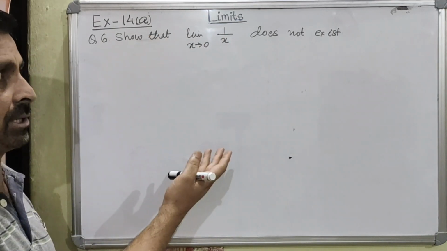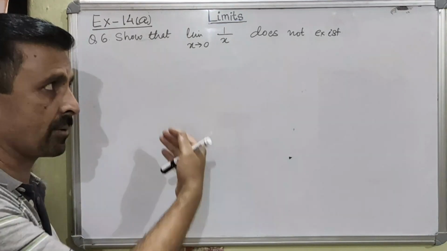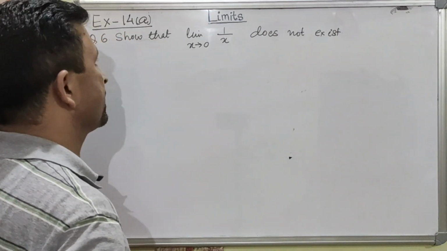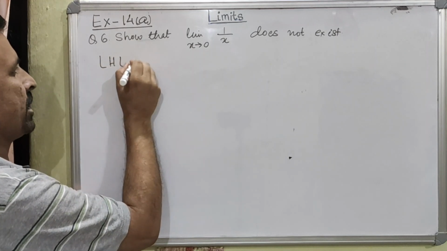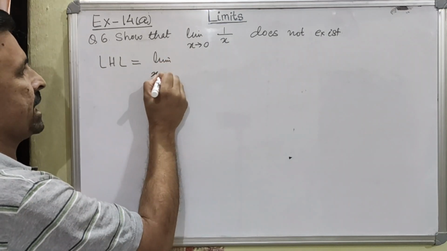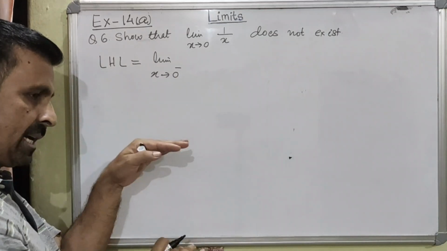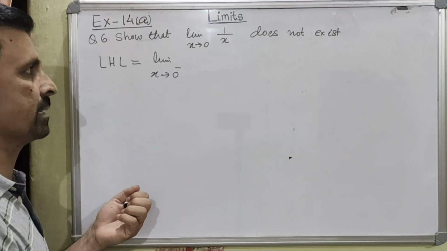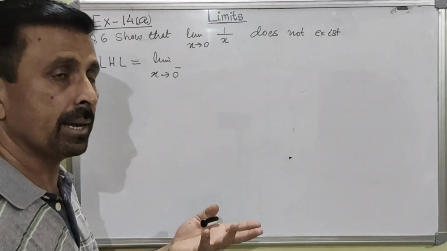After seeing the 3 questions, now this is the 4th question. So when I do this question, you will also be able to understand what the next step will be. Beforehand only you will be able to know what exactly I am going to do, right? So we are calculating now the left hand limit. Left hand limit is equal to, so we will write here limit x tending to 0 minus, because it is from the left side, therefore it is less than 0, by a very small quantity less than 0, and that small quantity we later on denote as h.